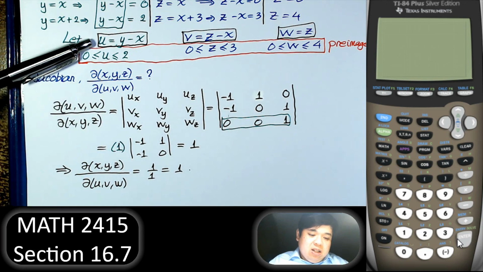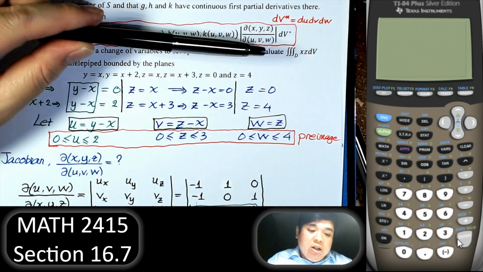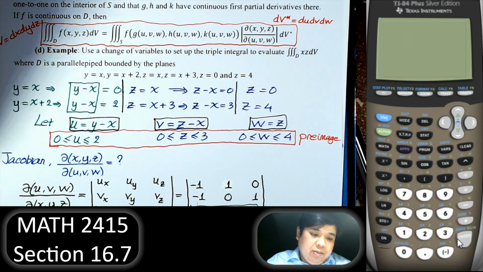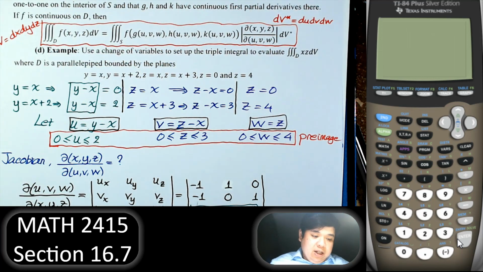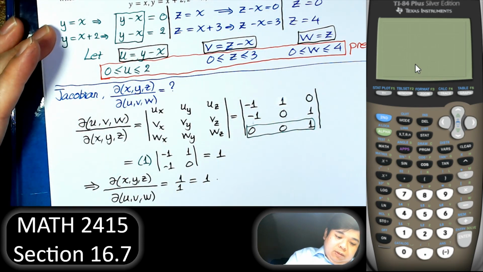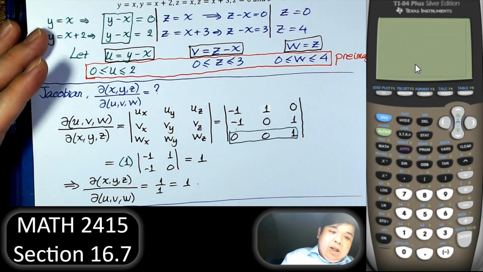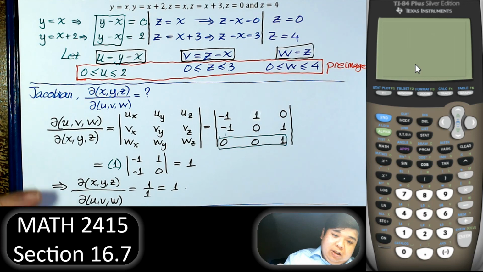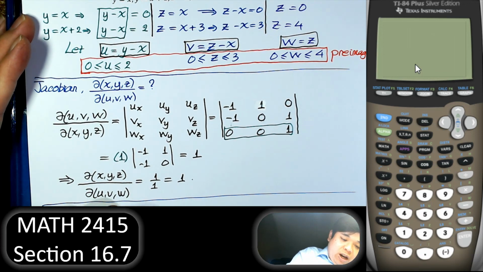So we have the limits, we have 1. Now the only thing left to determine is we need x and z. Just need the function in terms of u and v. So how do we do that? Certainly we know z is equal to w. So we need to write out xz